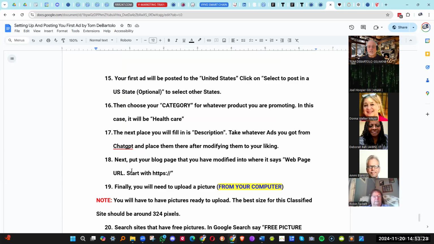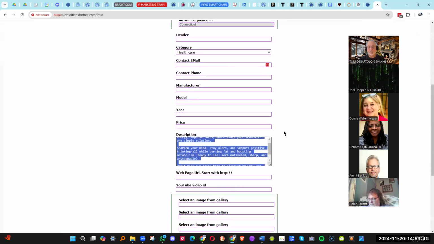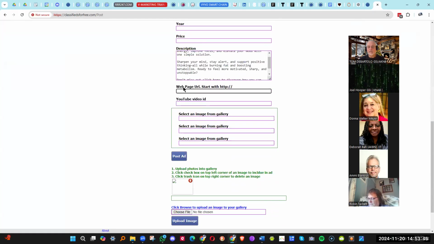Okay, now after the description, you want to put your blog page that you have modified into where it says web page URL, starting with HTTPS. So you want to take your blog page and put it right here, right under the description. That's where you put your blog page. That will be on the bottom of this ad, and that's what the people will click on to go to